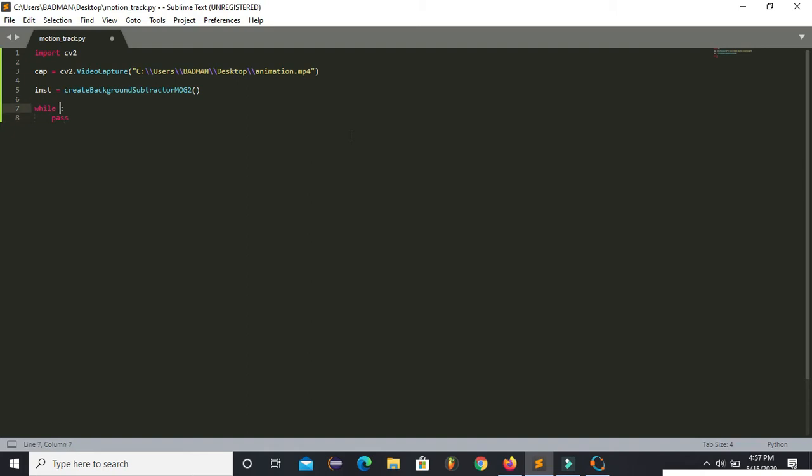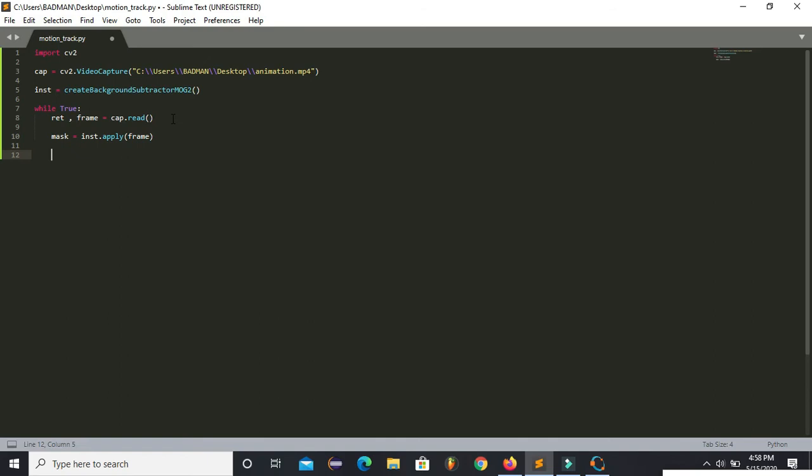And now here I will read the video which I have used over here, and now I want to apply this algorithm to my video. I cannot apply this algorithm to the whole video at one time, so I have to apply it in frames to detect motion.